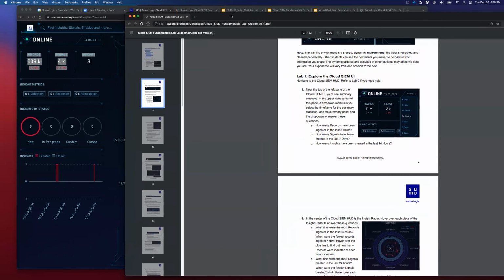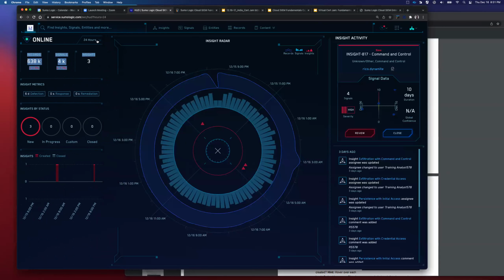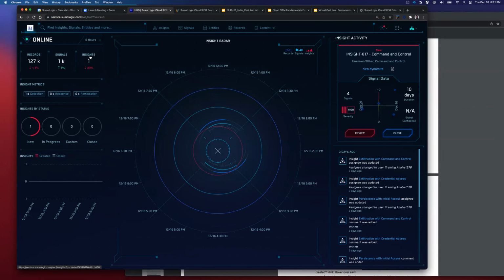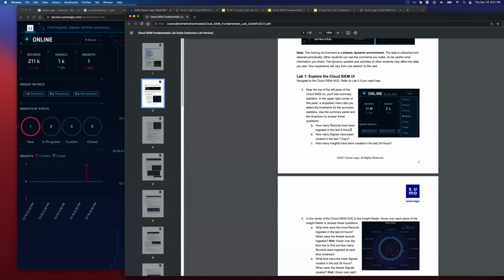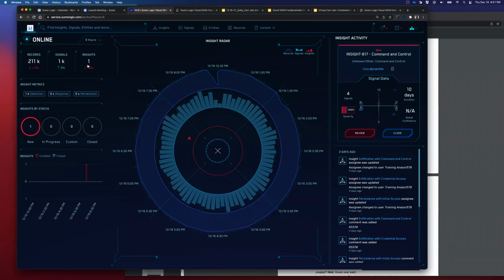The first question is how many records have been ingested in the last 8 hours. We change the time from 24 hours to 8 hours, and now everything recalculates. We see 200,000 records, 1,000 signals, and just 1 insight. So over the last 8 hours, almost 250,000 records and one thing we should pay attention to.